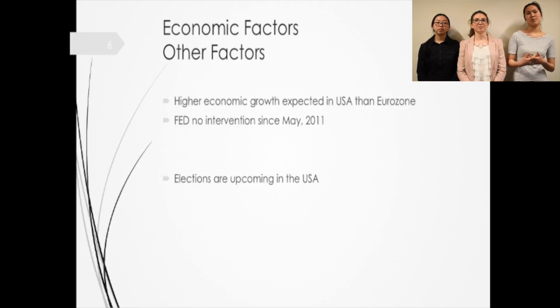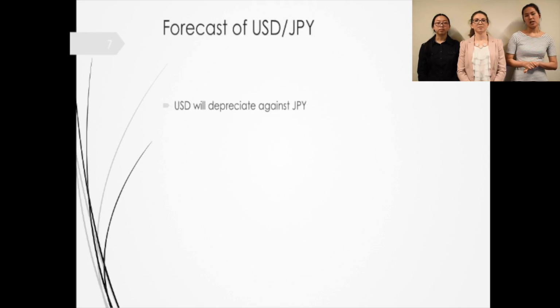I would like to make the forecast for 3 to 6 months for the US dollar against the Japanese yen. It is predicted that the US dollar will depreciate against the Japanese yen. One of the factors that I would like to discuss is the inflation rate. As you already know from the previous observation by Patricia, the inflation rate of the United States is 0.8%, while according